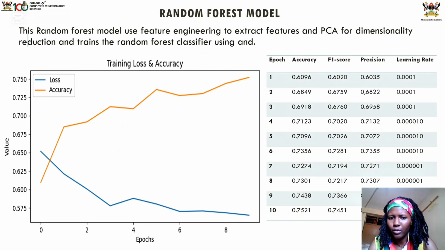We created another model that uses random forests, but in this model we use principal component analysis to extract the features. Then it uses dimensionality reduction, and these reduced features are the ones that are used to train the random forest